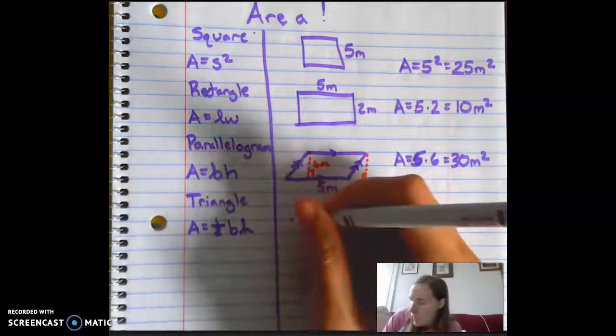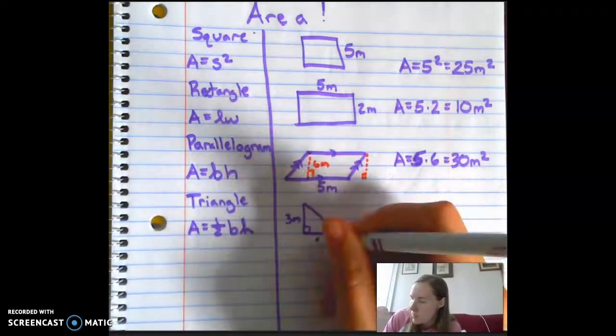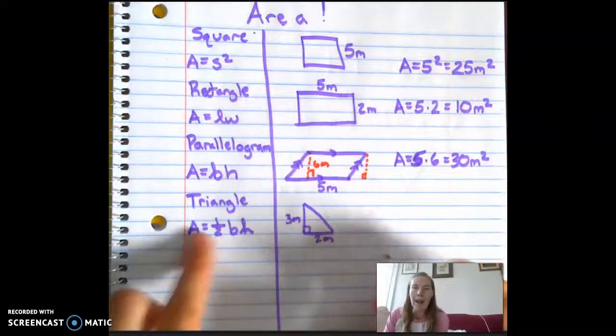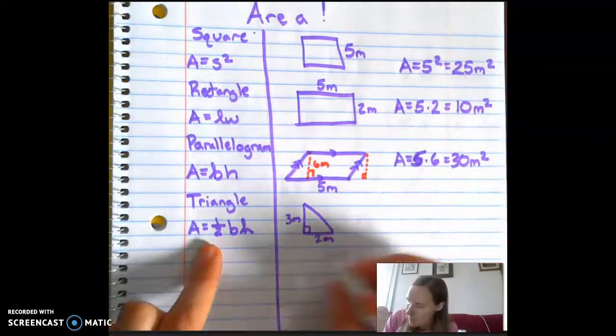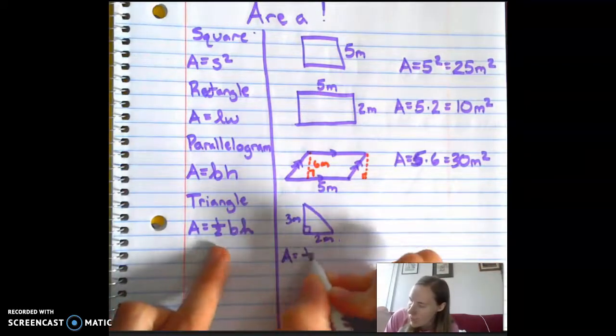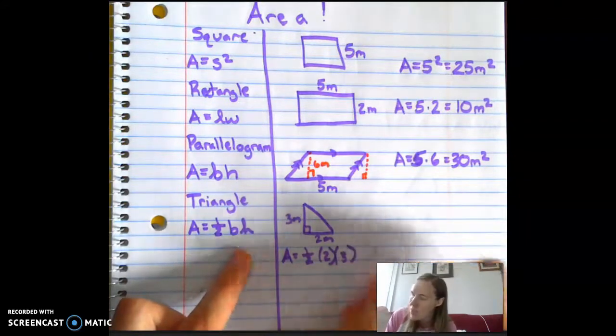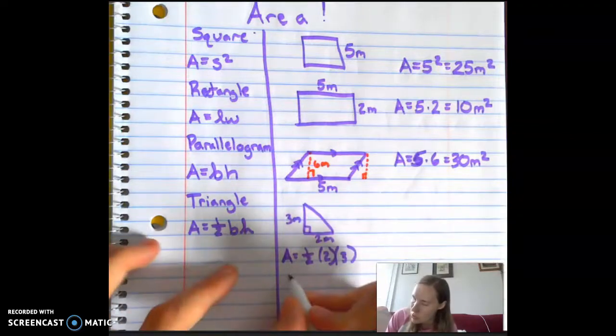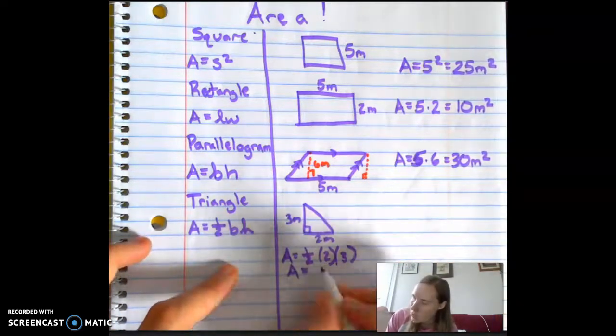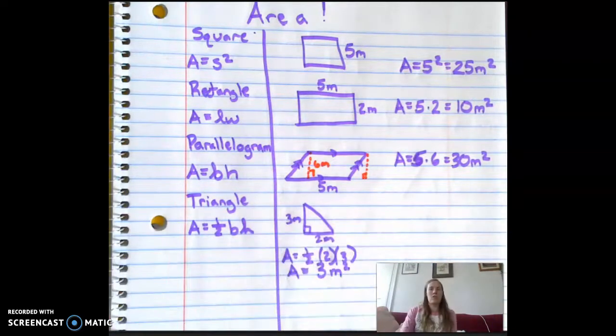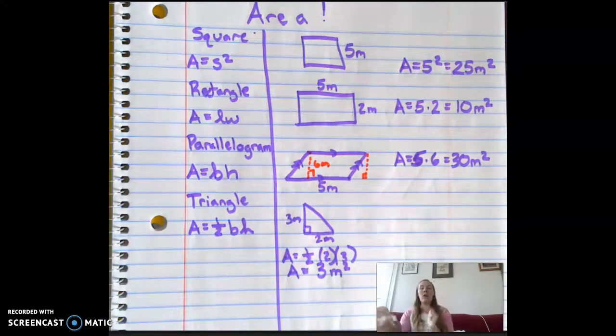So say this was 3 meters, this was 2 meters, so our area is what? Alright, area is 1/2 base, which is 2, times height, which is 3, 1/2 times 2 times 3. The area is 3 meters squared. So that's what we're used to, but triangles can also look